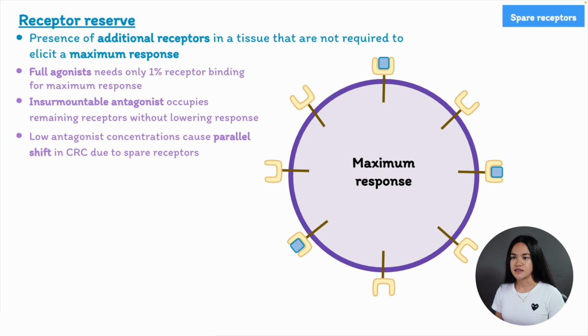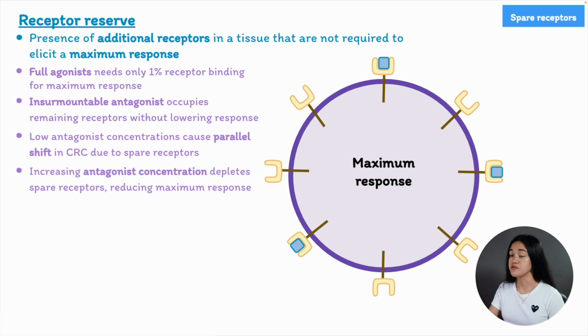However, as the antagonist concentration increases, it eventually overcomes the spare receptors, leading to the characteristic effects of insurmountable antagonism. Okay? So, to better understand this concept of spare receptors and how insurmountable antagonist affects the CRC, let's go through